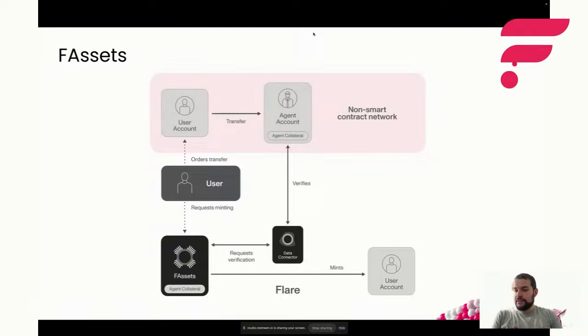And the third thing that is nicely powered, you've probably already heard about it, are FAssets. FAssets are over-collateralized synthetic tokens where you can take a non-smart contract network, use FTSO to properly price collateral and token, and use FDC to observe what's happening on the other side, to make sure that you can use a non-smart token on a smart chain while always being sure that the redemption process will work. So again, the whole chain of things that you need to ensure that you're getting your value back at the end is secured by the whole stake.